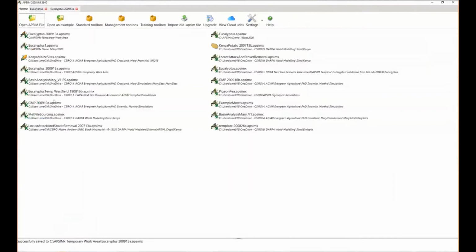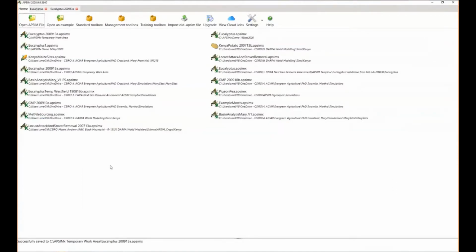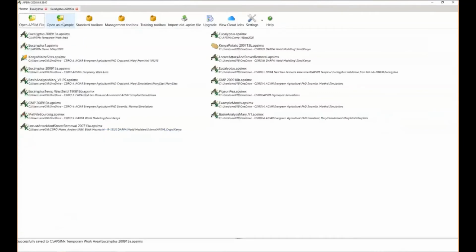So most of the screen is taken up with earlier simulations that you've done, which can be removed. For example, that one just went away, the most recent at the top. But the tabs at the top, let's just run through those. Obviously click on that if you want to open a simulation. It'll take you to whichever directory you worked from most recently. You can click on that simulation and run it, open it, I should say,